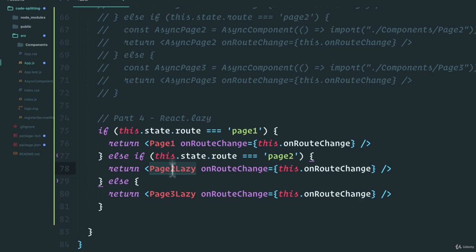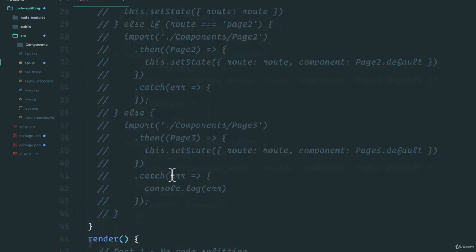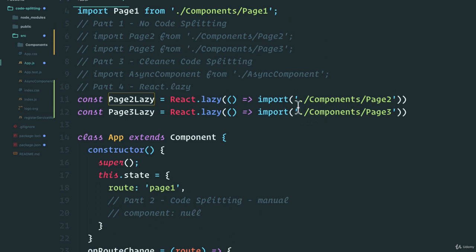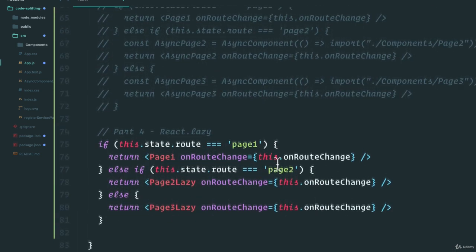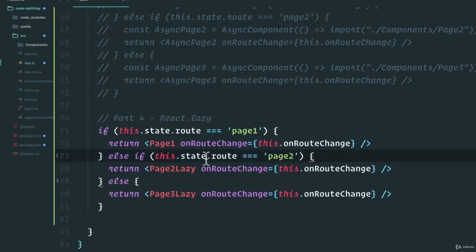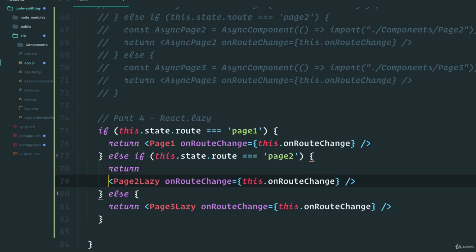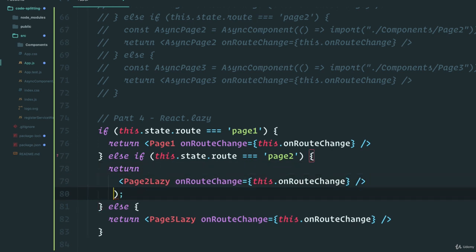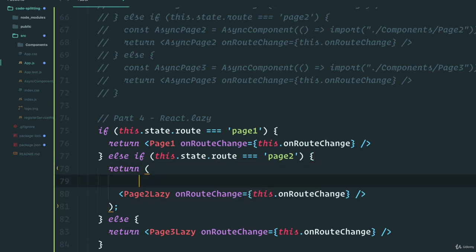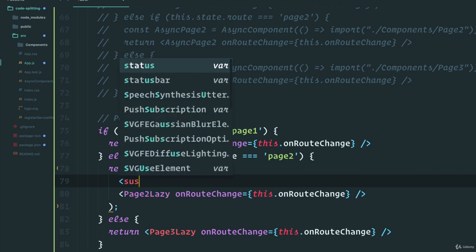fallback content, such as a loading indicator, while we wait for this component to load. Because again, it's going to look at this component and it's going to say, oh, we need this component. Let me go import it. And while that importing is happening, even though it's super, super fast, we want to have a fallback. So the way we do this is that we always wrap these lazy components in a suspense component. And again, this is a new feature of React. So all we have to do is wrap this in a suspense